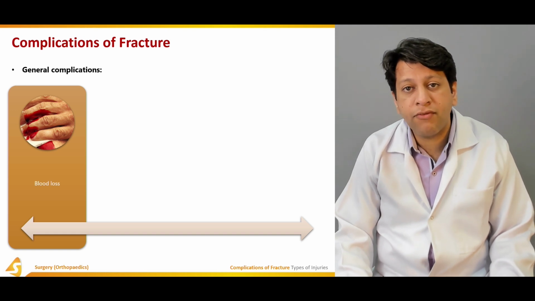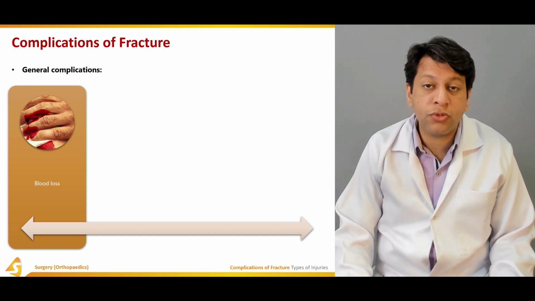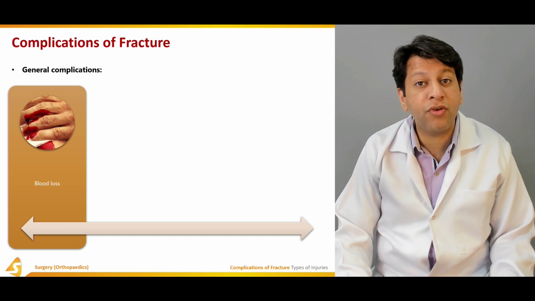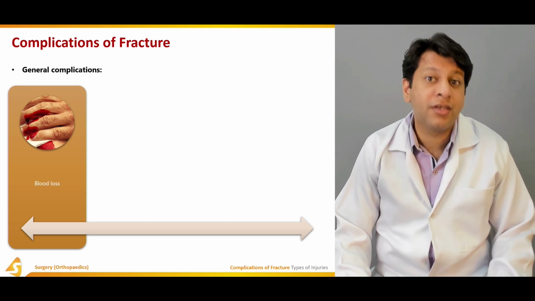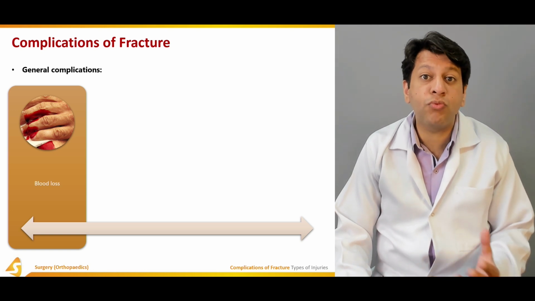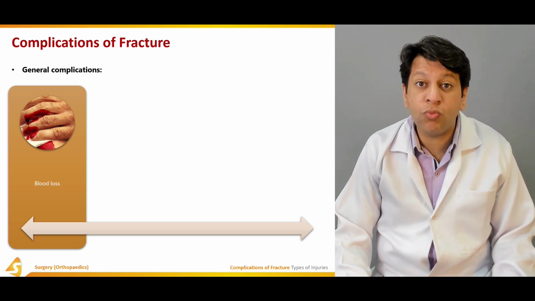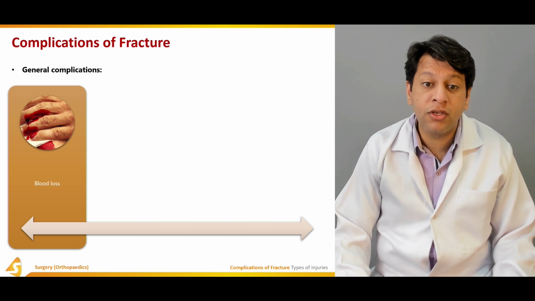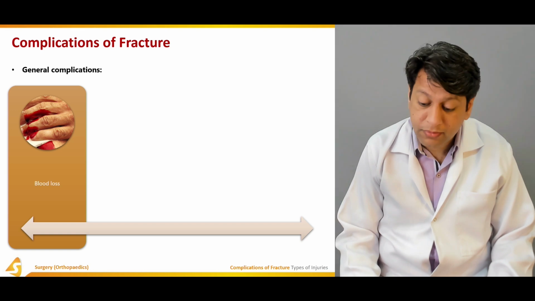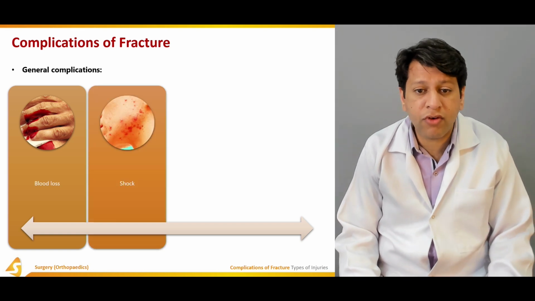If the patient had, for example, a trauma, especially associated with a shaft of femur fracture, as much as almost 1 to 1.5 liters of blood can be lost. Similarly, a shaft of tibia fracture can lose maybe up to 500 ml to 1 liter of blood. So the most common complication is actually the blood loss, which leads to another kind of complication, which is